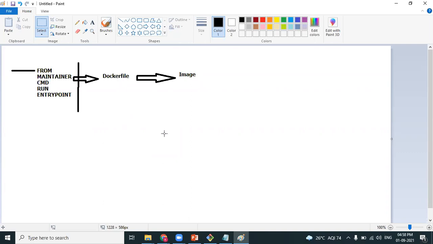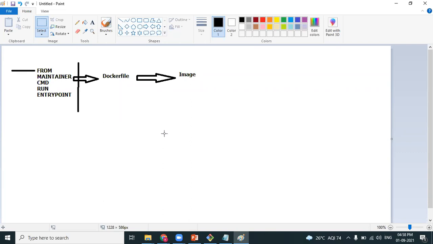Okay. But how are the people creating and publishing in the Docker Hub? When they are creating images, maybe they're having their own product. Vasant, let's say I'm a product development company. I have my own product. Let's say I have my own ticketing tool. It is my own product.